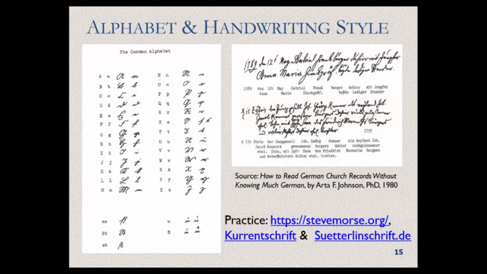It's funny, we do it in those quarterly German special interest groups. We just had one this Saturday. I don't know if some of those online attendees were on that session. When you go to the stevemorse.org website, you can go to German language, and you can even practice how your own name would look in various German handwriting styles, because there were various styles, like Kurrent, Sütterlin, that is not used anymore.